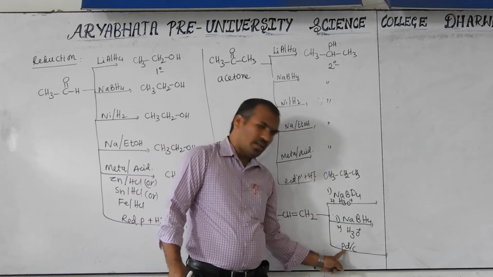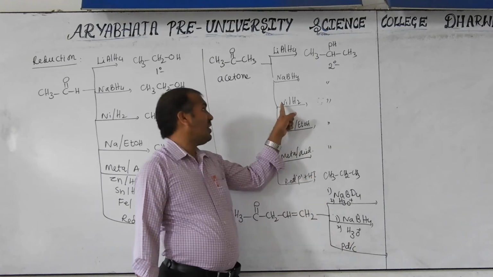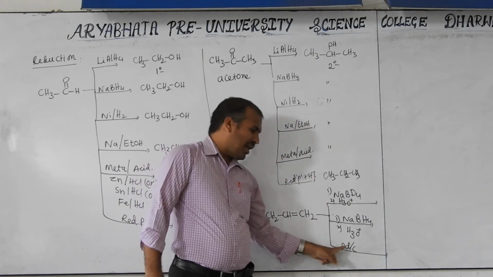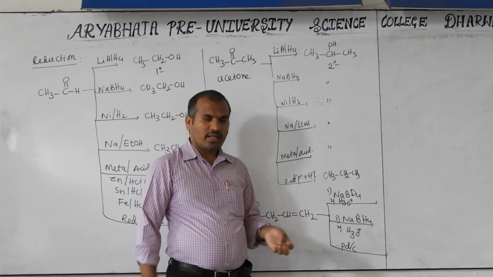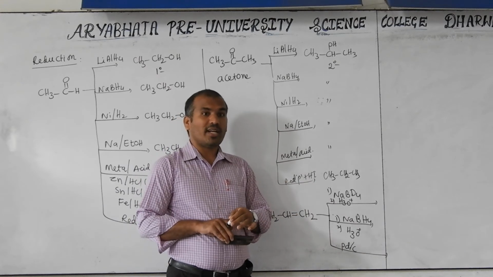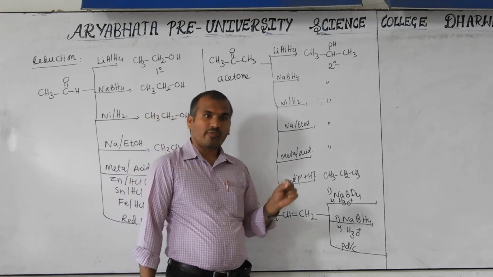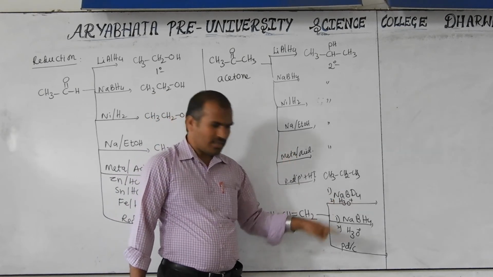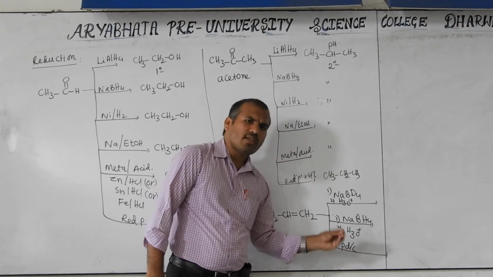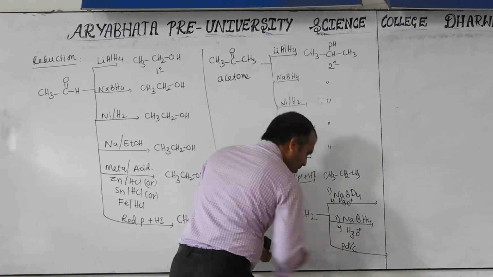Palladium selenium here is somewhat poisonous. Only palladium with nickel hydrogen, or palladium hydrogen if you use it, is not poisonous. In the last class, in the Rosenmund reduction, I discussed barium sulfate or calcium carbonate with phenolic used as poison to the catalyst. Here carbon is also somewhat of a poison to this catalyst. It reduces its activity.